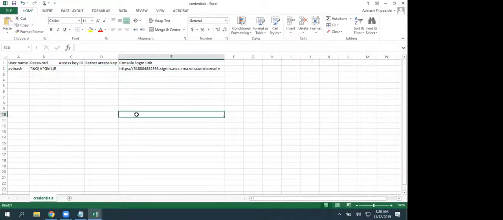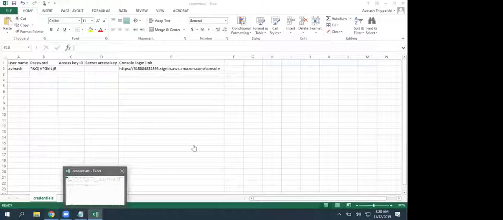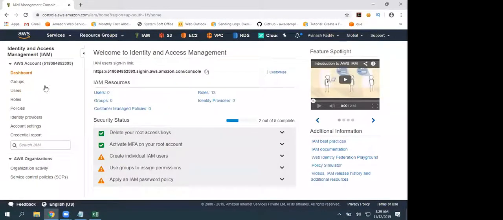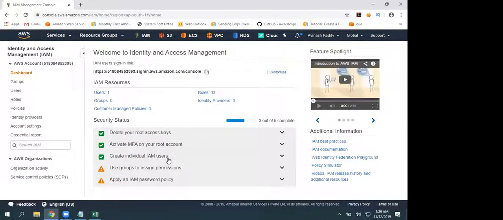So then console login link. All right. So now let's click on close. Now when you go to dashboard, we are going to get a third tick mark for create individual IAM user. Okay. So now we created an IAM user.